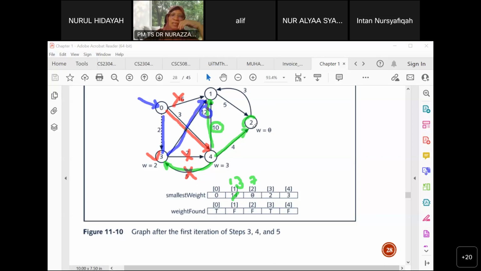Okay, that means now we have updated. We update that one. So to go to vertex 1, it is now 13. Vertex 2 is 7. Vertex 3 is 2. Vertex 4 is 3. And then we have not finished the iteration yet, because from vertex 2,